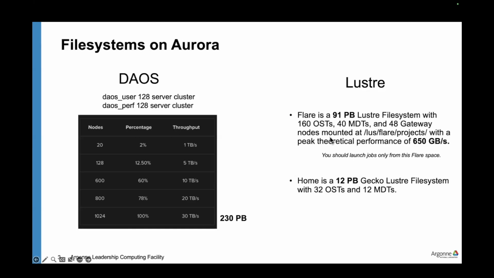On Aurora, we have two major file systems. One is DAOS, the other option is Lustre. The Lustre file system on Aurora is called FLAR, and the total capacity is around 91 petabytes. But the peak performance that we can get out of FLAR is roughly half a terabyte per second. Home is also a Lustre file system, but it is for lightweight purposes, and if you're launching jobs, you should use the FLAR space. Whereas if you compare with DAOS, it has 230 petabytes, and it can deliver up to 25 to 30 terabytes per